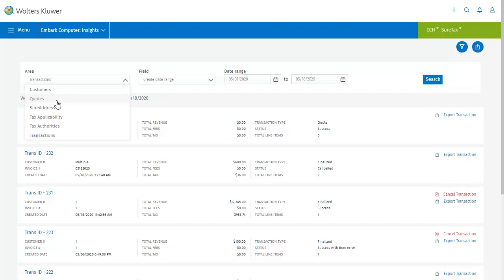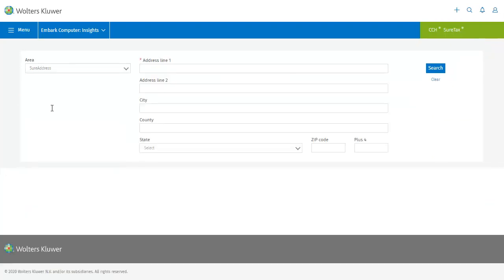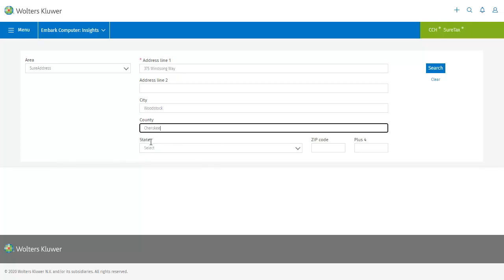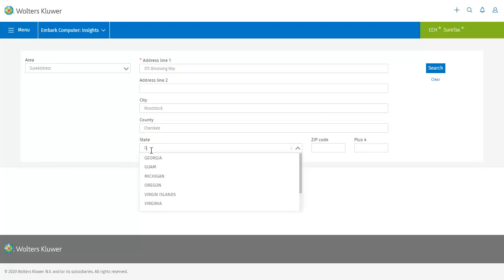Let's try looking for an address using SureAddress. On this screen the first address line is required, but beyond that, I can enter whatever further details I know for the address I'm searching. The state dropdown contains a full list of states that filters itself as I start to type the name. The zip code has a +4 field, but I don't have that information to enter, so I'll go ahead and